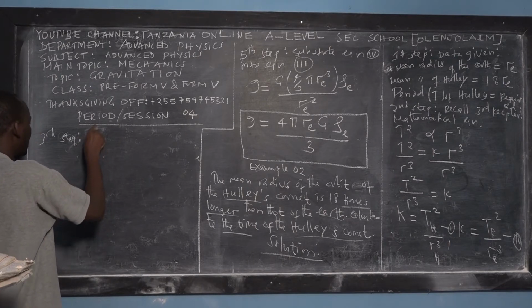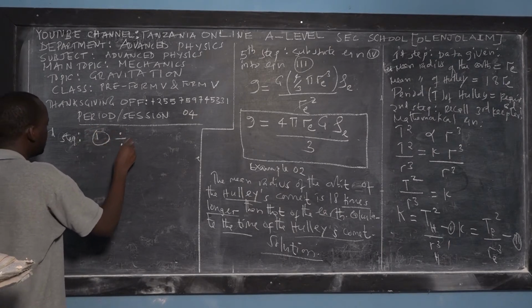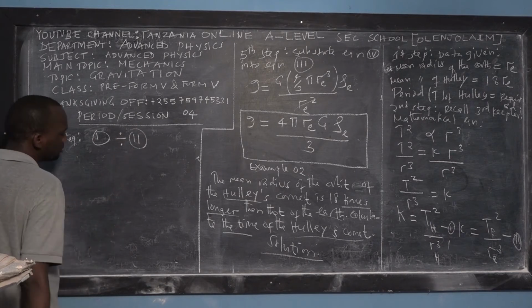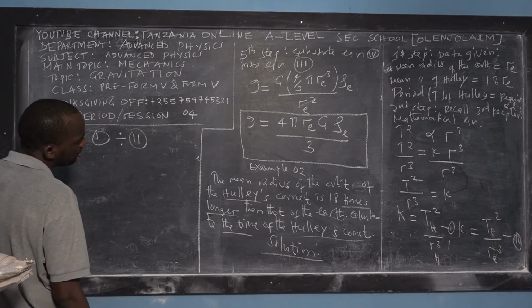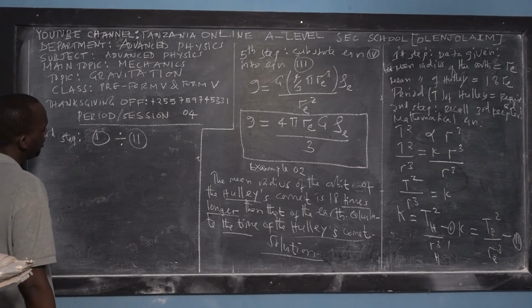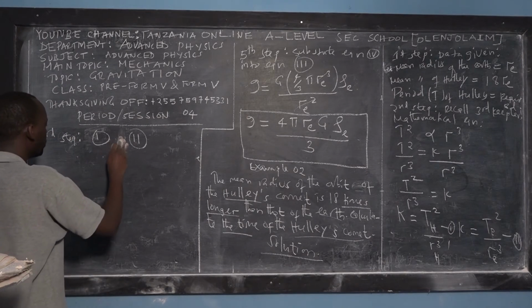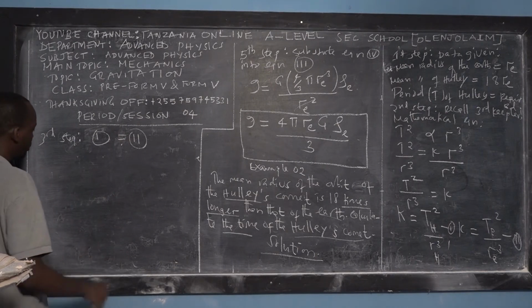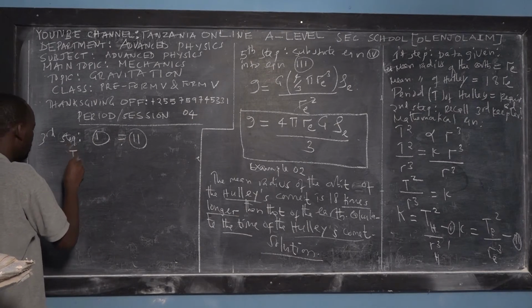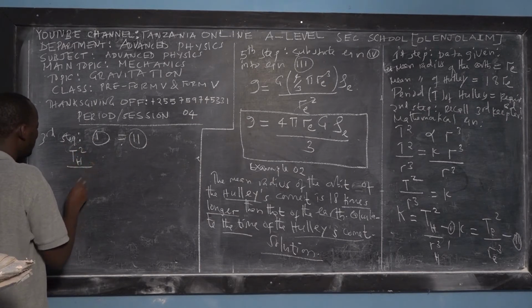So we said the same, take equation 1 followed by equation 2, or we said that take equation 1 is equal to equation 2. So equate, right? So if that's the case, we say that the period of the Halley square,